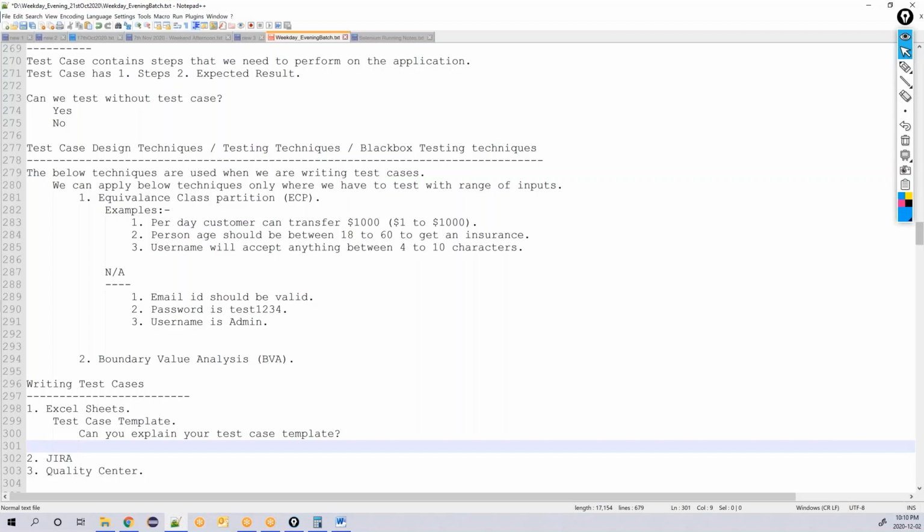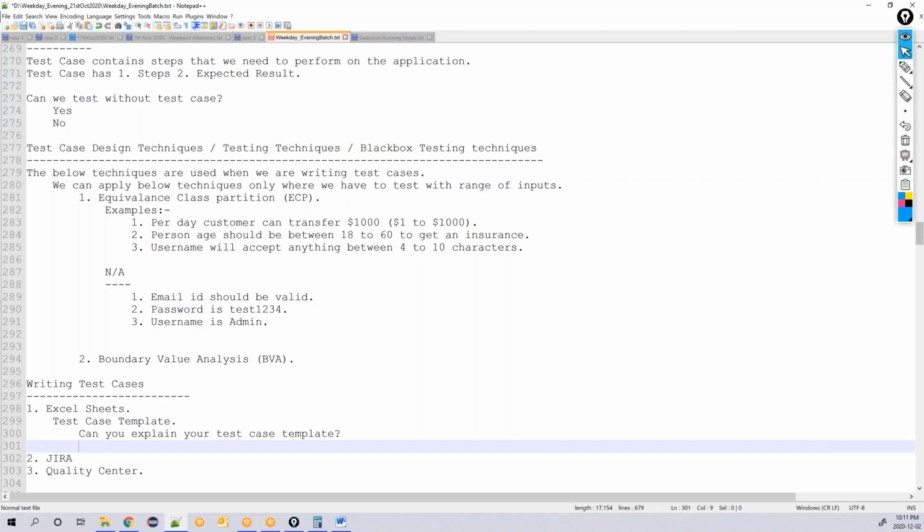People say, no, we have Quality Center, we will directly do it in Quality Center. That will not happen in reality, and even directly in Jira will not happen in reality. First they will write it in Excel sheet. From there they will bring it to the Quality Center and everywhere. So in today's session we are primarily focusing on how to write test cases in the Excel sheet only. And I'm going to show you with a predefined template that is available.